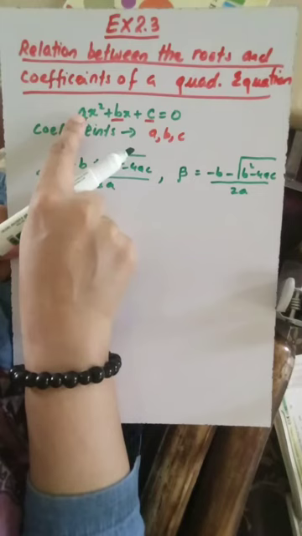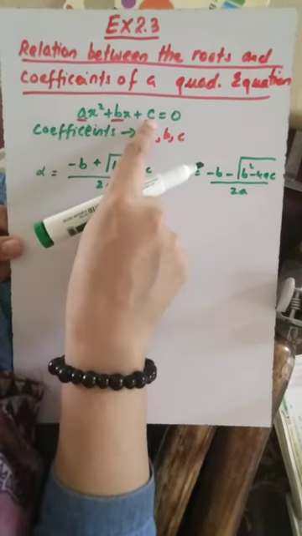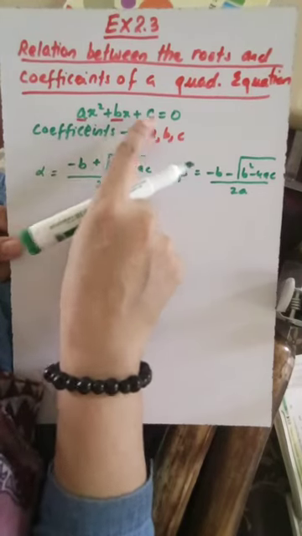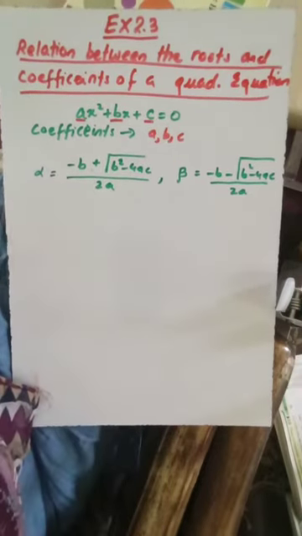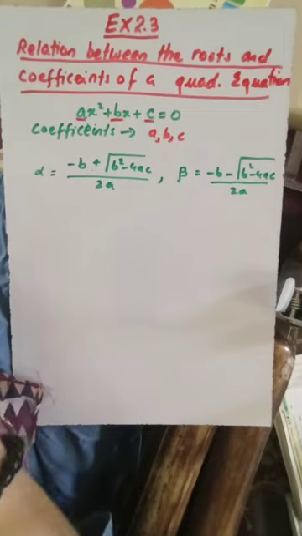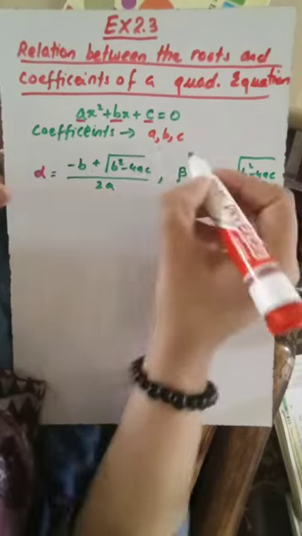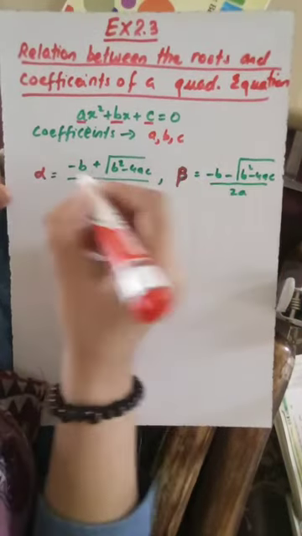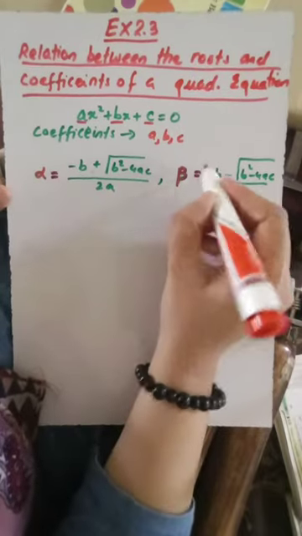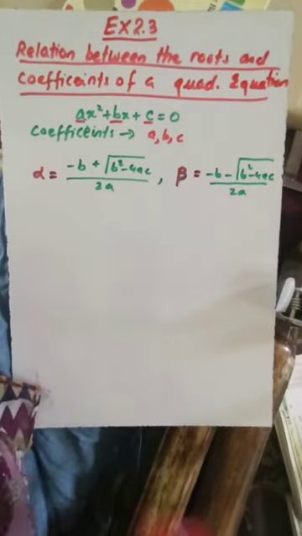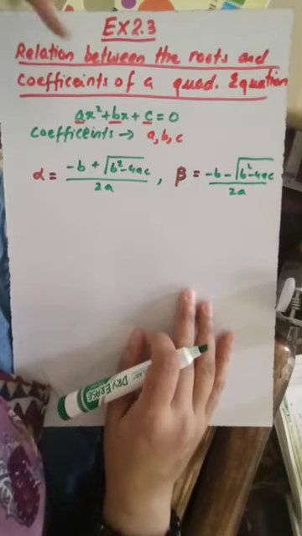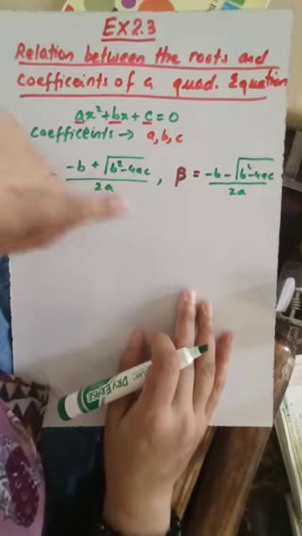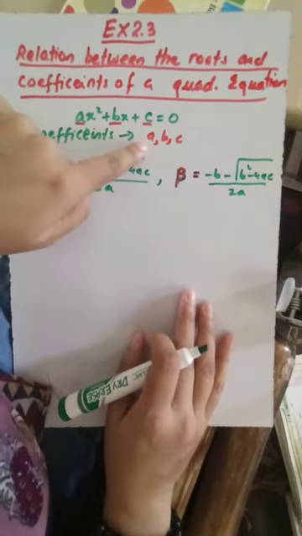Coefficient means the coefficient of x square, coefficient of x, and the coefficient of x raised to power 0, or the constant term. These are the three coefficients, and these are the two roots. Alpha and beta are the two roots, alpha and beta. Okay, these are the two roots of this quadratic equation, and a, b, c are the coefficients. We want to learn a relation between the roots and coefficients, okay, between these roots and the coefficients of this